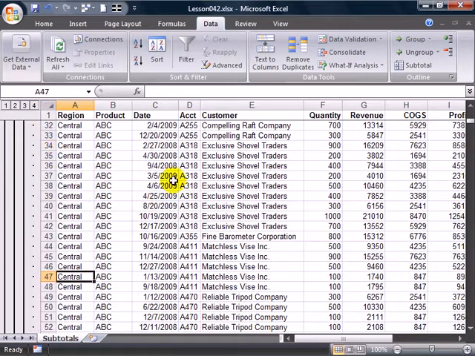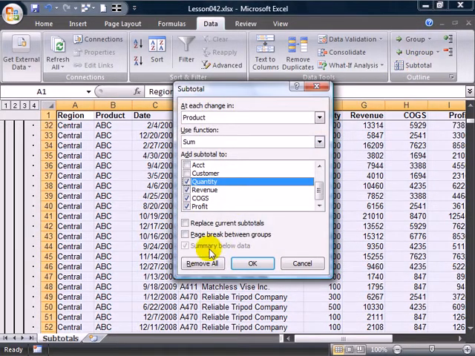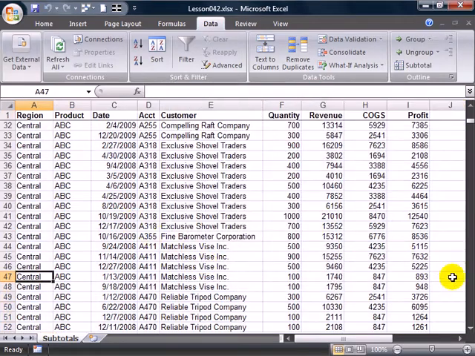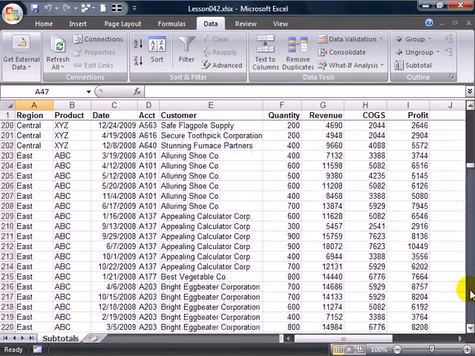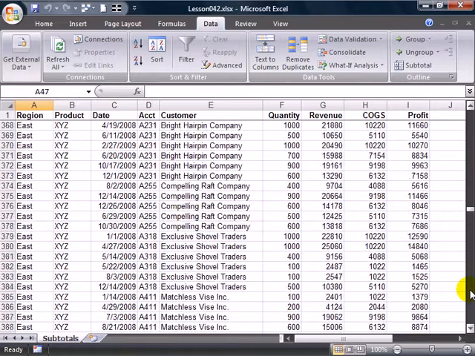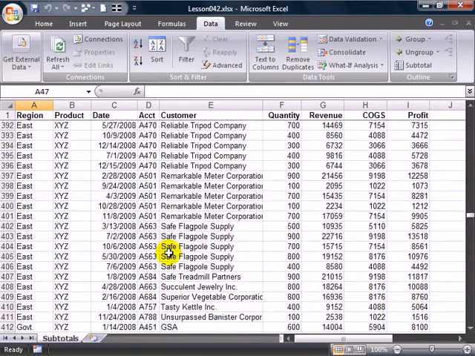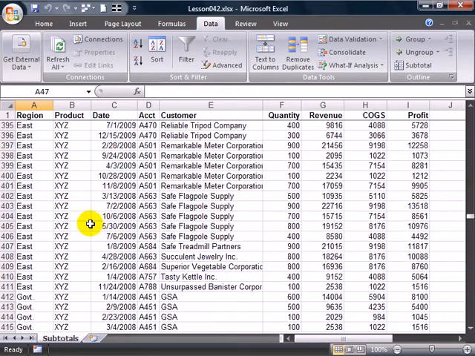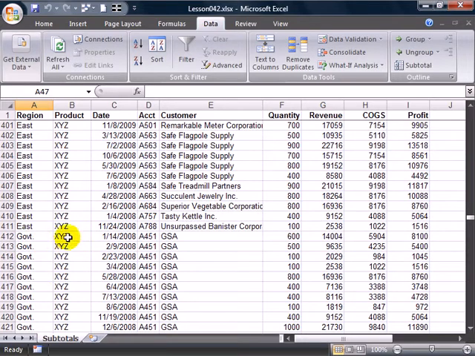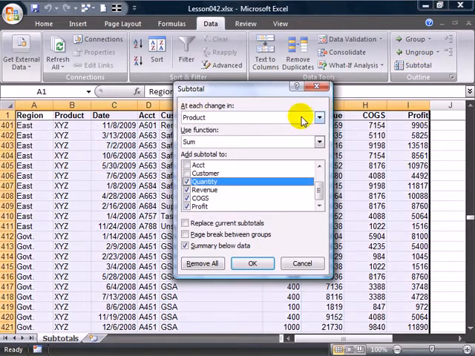Now it's important that we go left to right, or most aggregate to least aggregate. And here's why. Let me remove all the subtotals. You'll see that in this particular data set, I've added a government region, and the government region only buys product XYZ, which means that the government records for XYZ are adjacent to the East records for XYZ. If I would attempt to subtotal by product first,